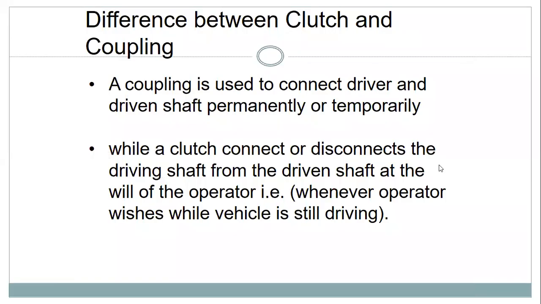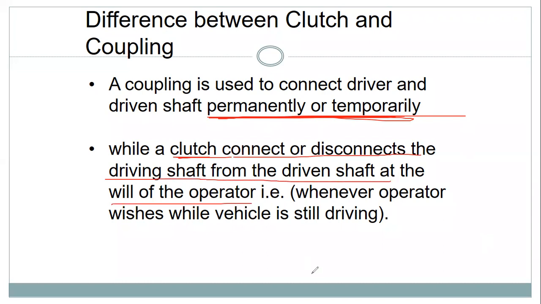So I hope, guys, you've understood the difference between them. One more difference, it might be asked to you in interviews, it might be asked to you in vivas. You know the difference between the rigid and flexible coupling, but can you tell the difference between the clutch and the coupling? You should know it. See, guys, a coupling is used to connect the driver and driven shaft permanently or temporarily as and when you require. But the clutch will connect or disconnect the driver shaft from the driven shaft very temporarily and at the will